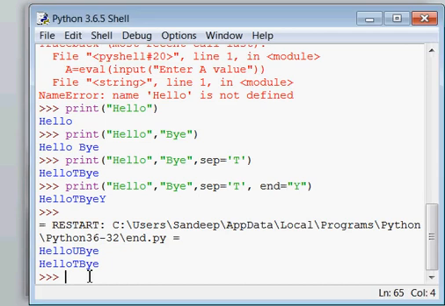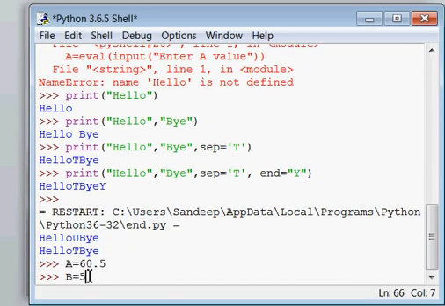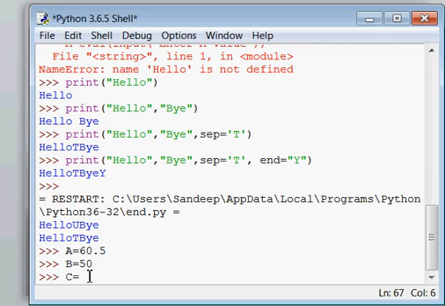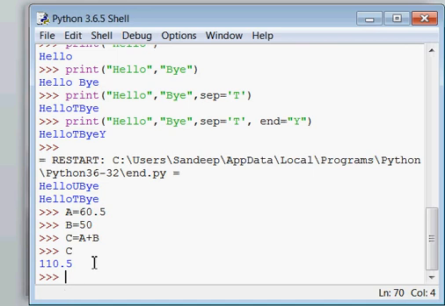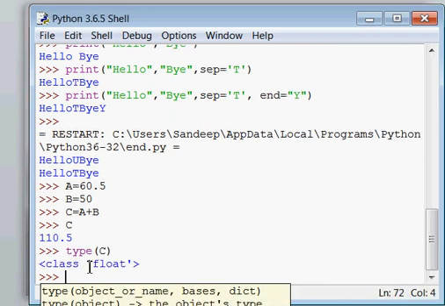So if I write a equal to 60.5 and b equal to 50, and you say a plus b, then c is printing the value 110.5, which means c automatically has the float type. So your computer is converting integer value plus float value into a float value, and this is happening implicitly, automatically.